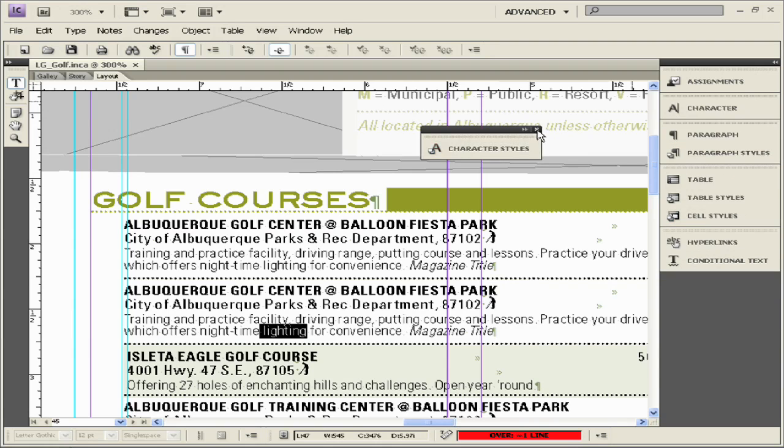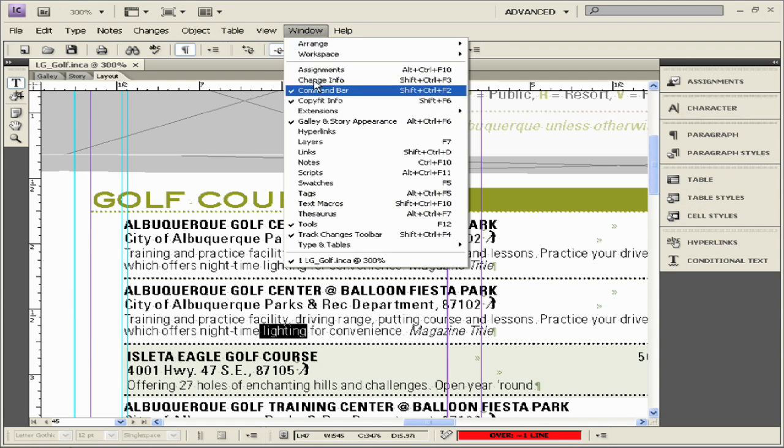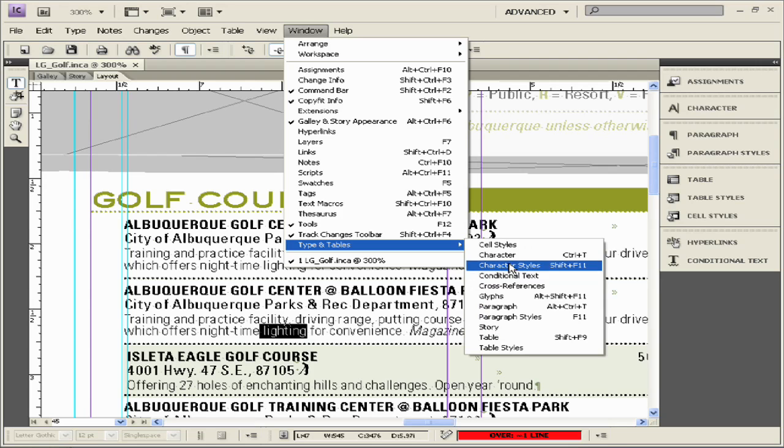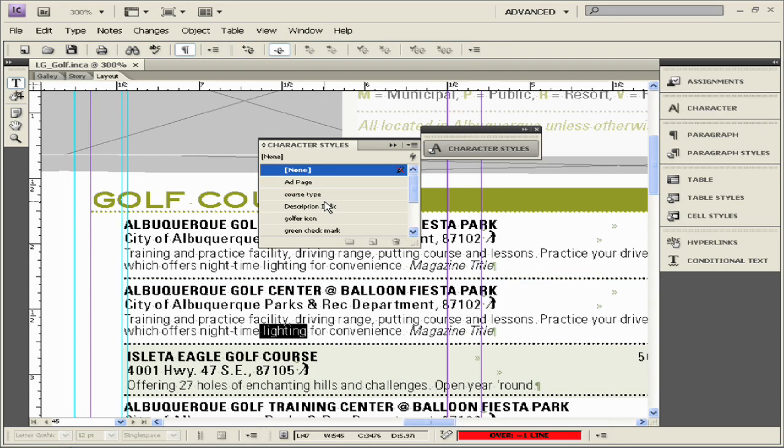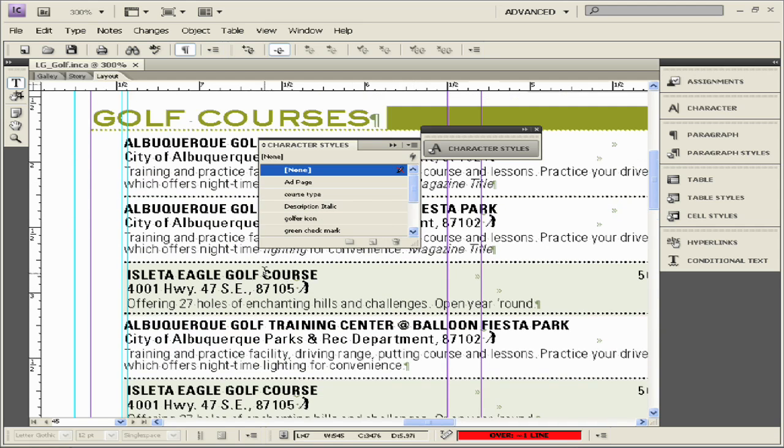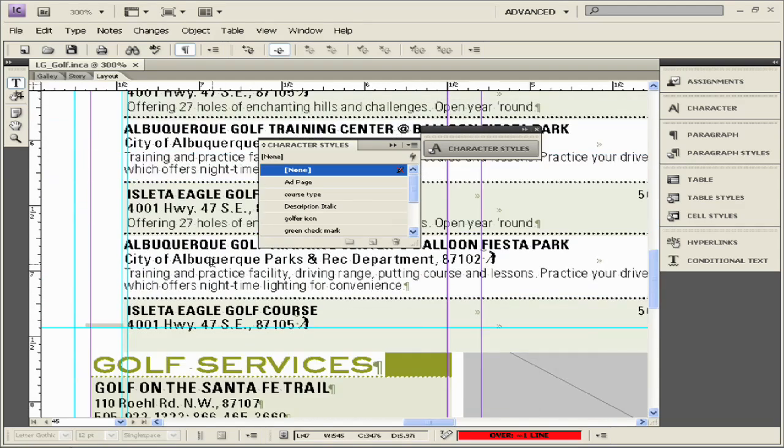Or there's one other way. So say I need my character styles. If you go to Window, this shows you all the menus and panels that are available to you. So if I go down to my type, I can click on character styles, and now it comes back. So there's two ways you can get it. So let's say this needed to be italic. So I see in here I have description, italic, and there. Now I've got it. And it's the same idea for